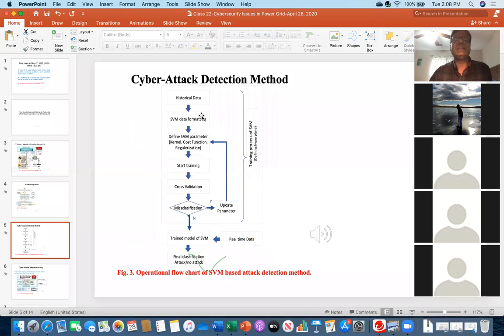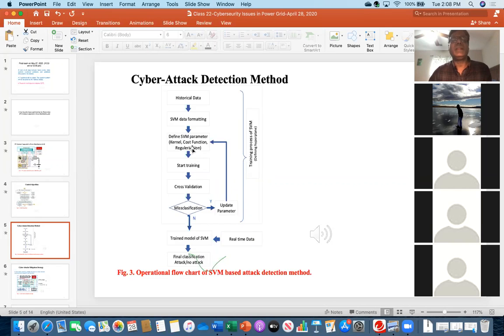Basically, it requires some history of data, some attack data, some information on how the voltage and power get affected, and then some sort of training, like SVM data formatting, defining SVM parameters. There are some cost functions, some equation called the kernel function,